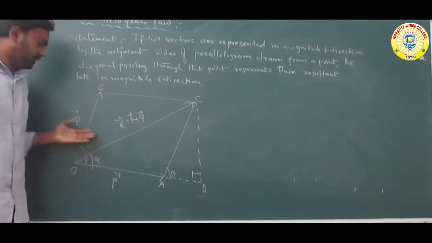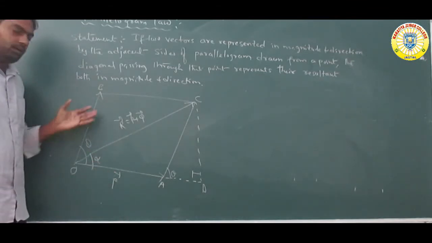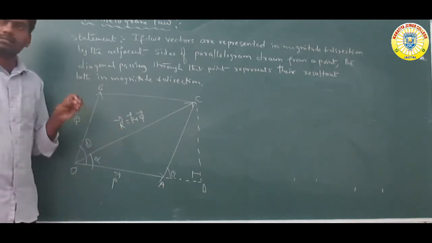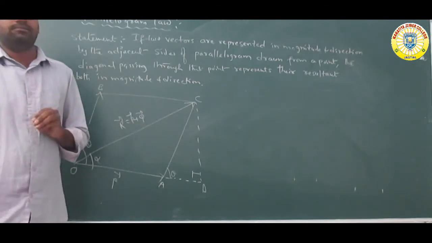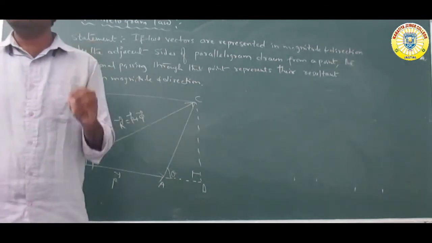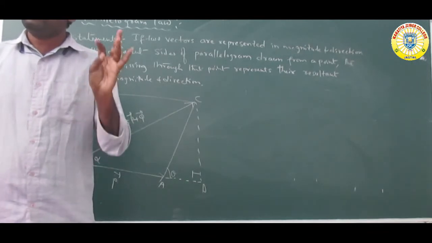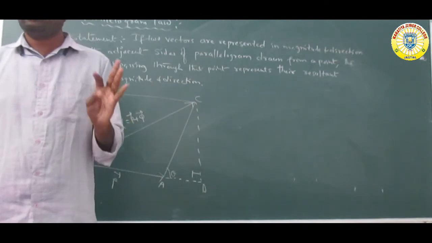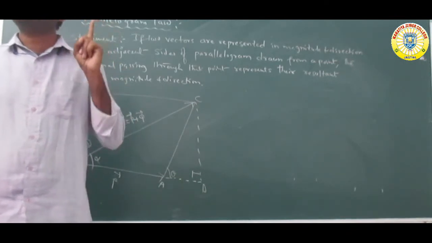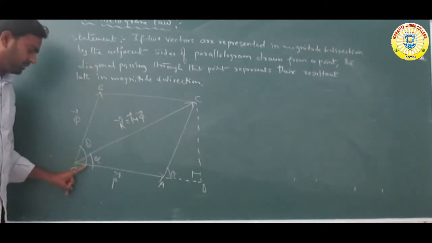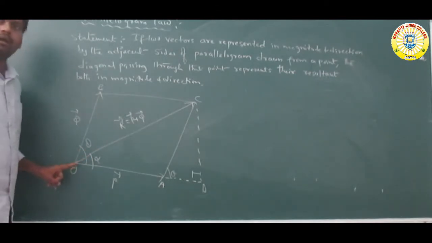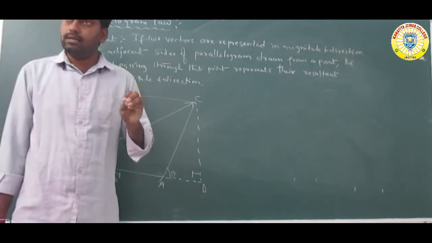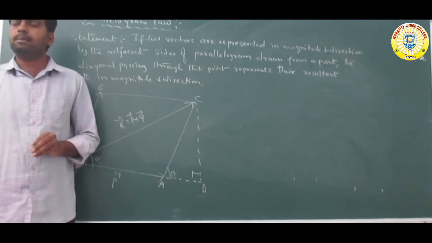So already there is P vector and Q vector. For these two vectors, the resultant gives the R vector. Okay, R is called the resultant vector, which gives the magnitude and direction, and passes through the same point. The same point through which these two pass, the diagonal also passes. Okay, the diagonal gives the resultant. Got it? Do you understand?